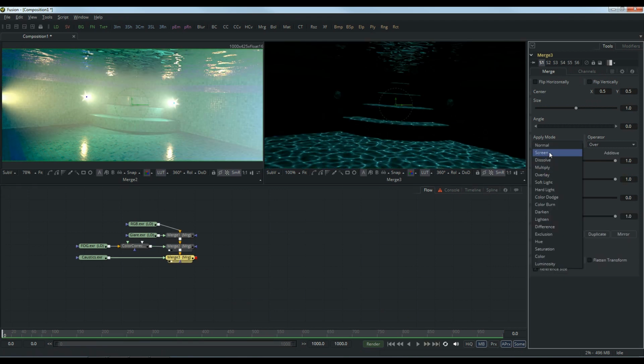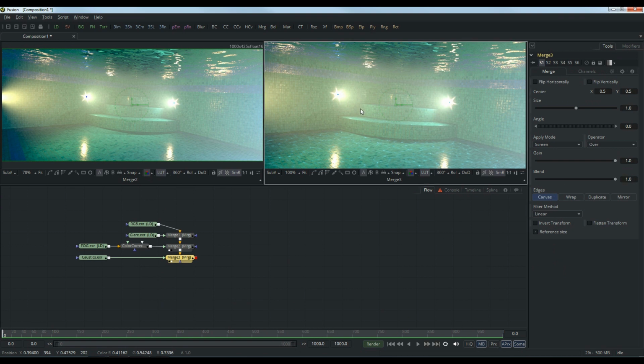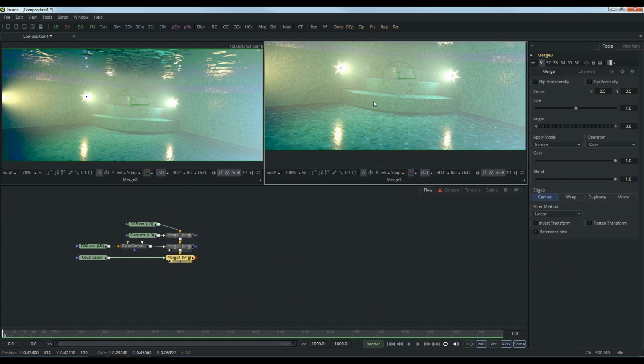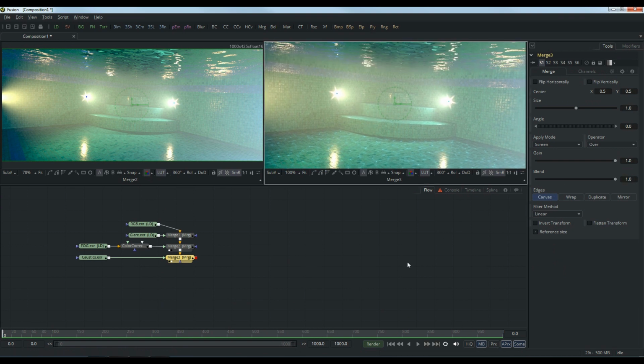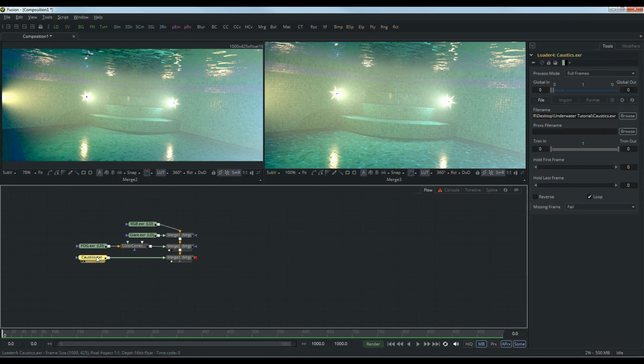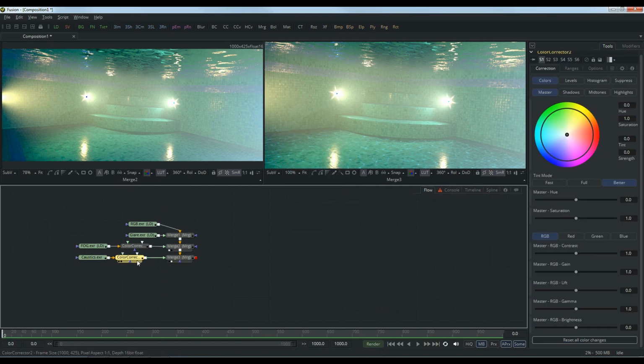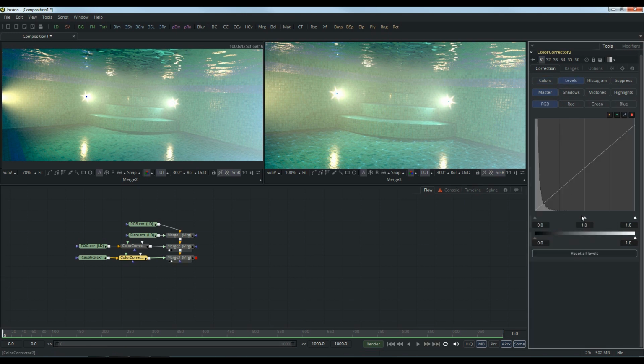Let's blend it in screen mode. And we can do the same. Let's add this color correction and play with the levels.